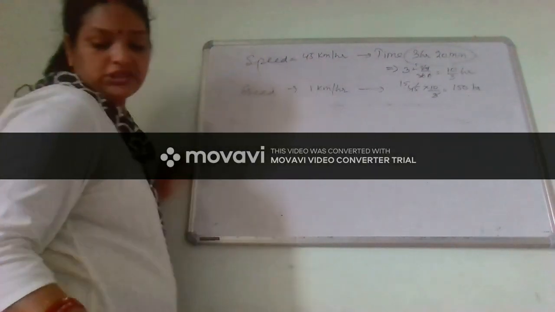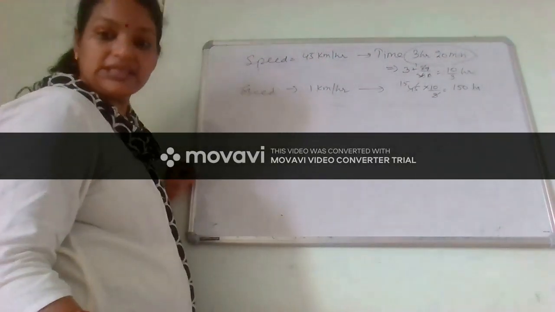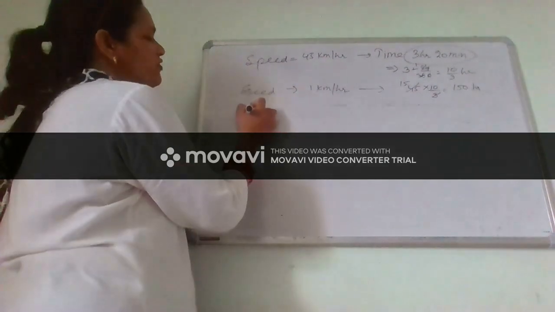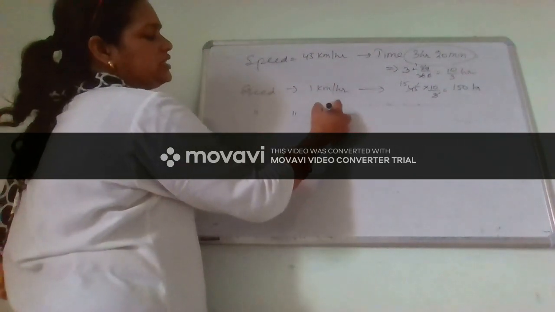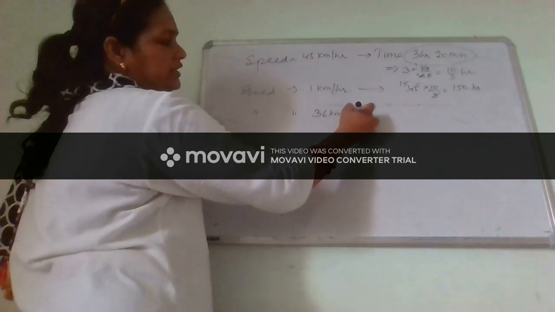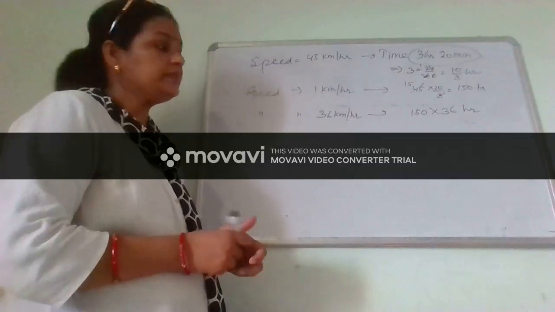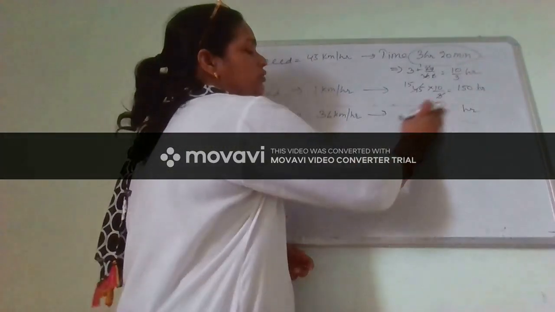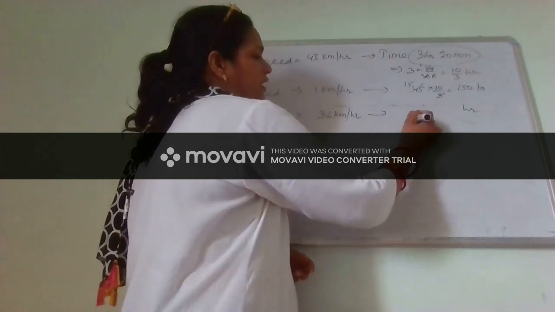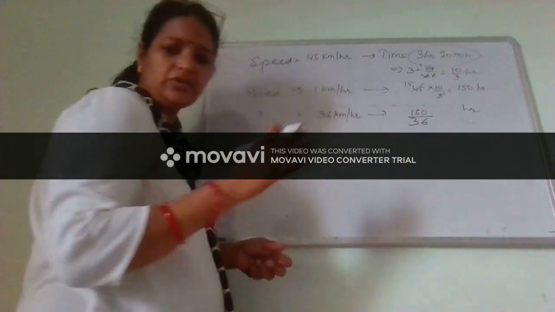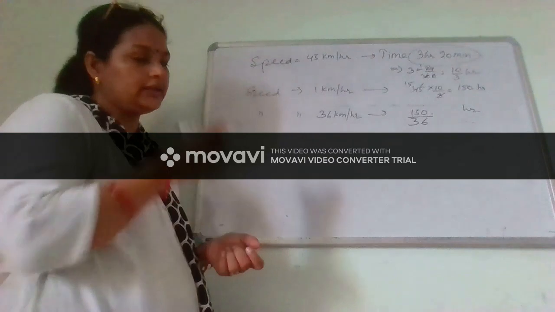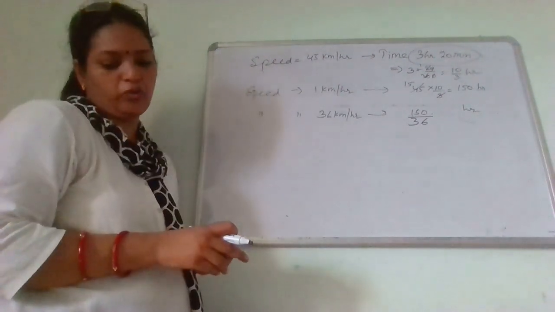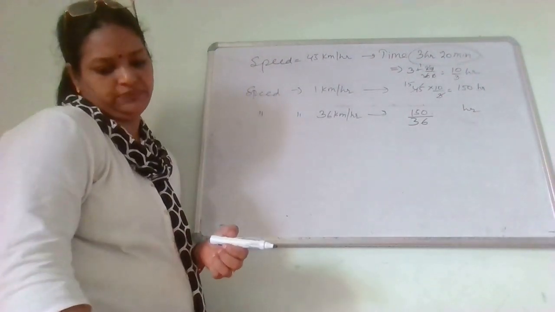And then what is the question required? In the question, 36 kilometer per hour. So if speed is 36 kilometer, I am again not writing the statement. You have to write down the statement by yourself. By mistake, I have written over here divide into 36. It should be divided by 36. And then you can find out the value. Right. So this is the process how we solve the question.